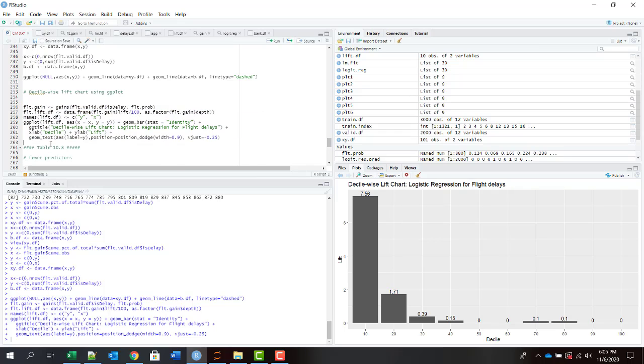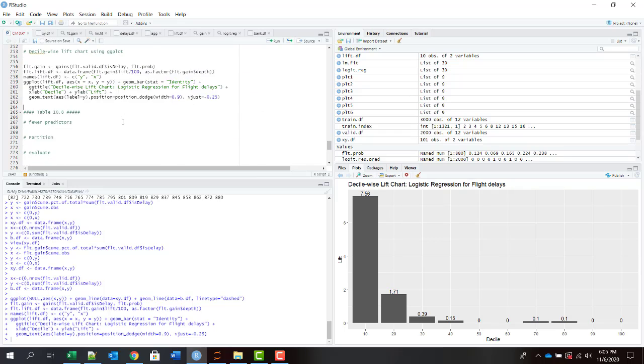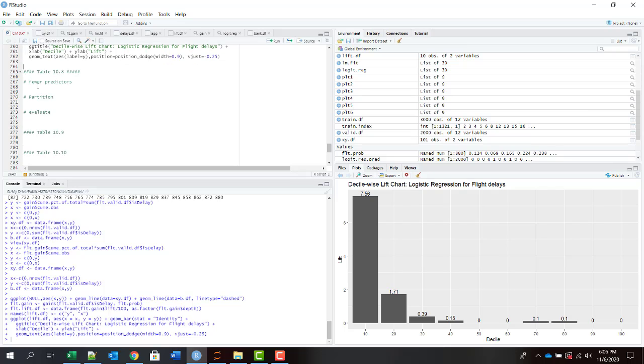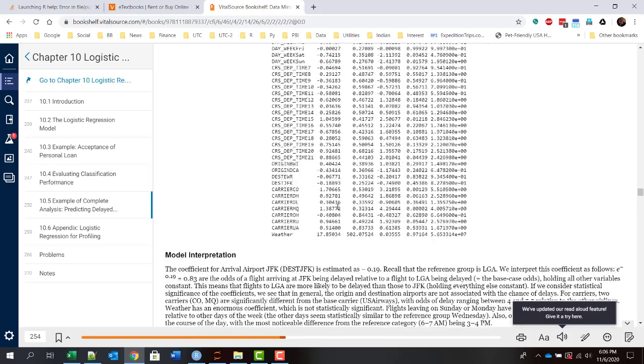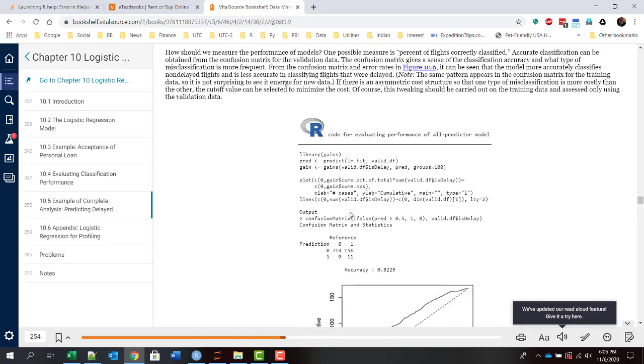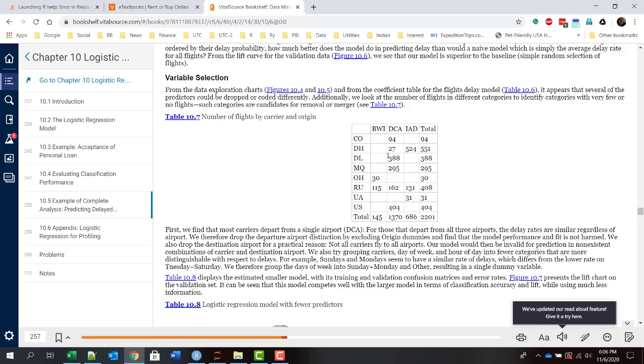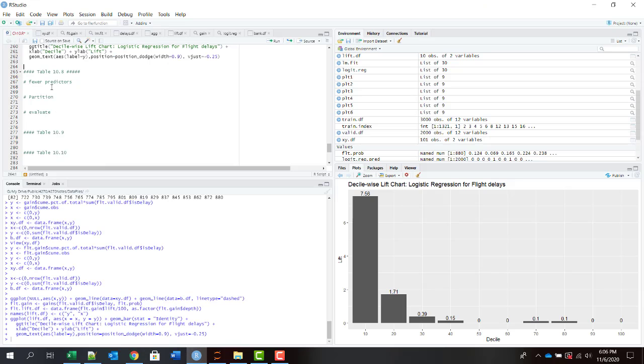Okay, the last model is with fewer predictors. So instead of using all the predictors, we're going to just select what we consider are the most important ones. So here is the code for